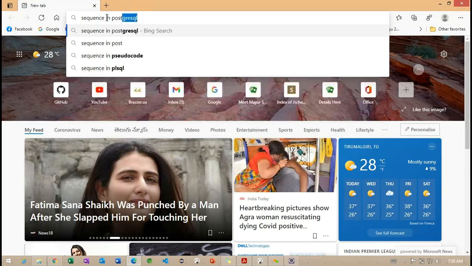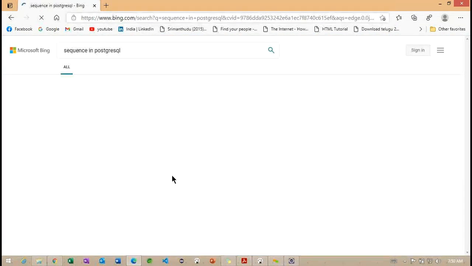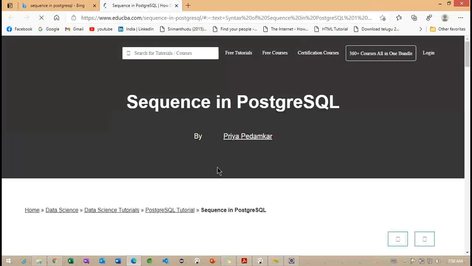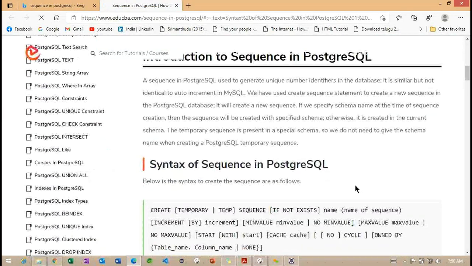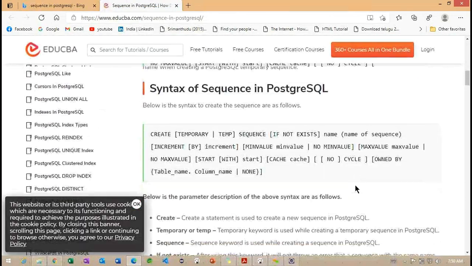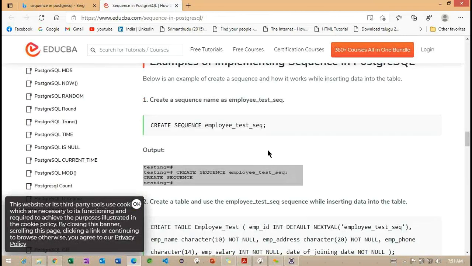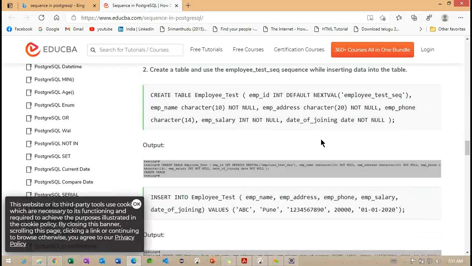So, sequence in PostgreSQL. To create this particular sequence here, what do we need to do? So we want to check here. Now you can see, create a sequence here, with the name of the sequence. Getting the point? So this sequence is created.